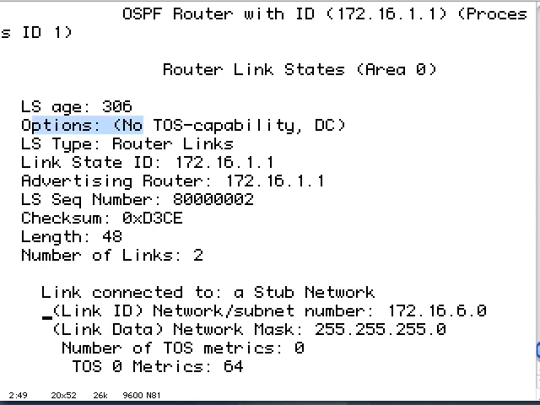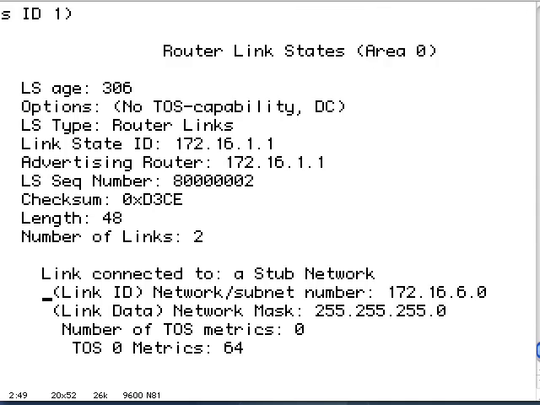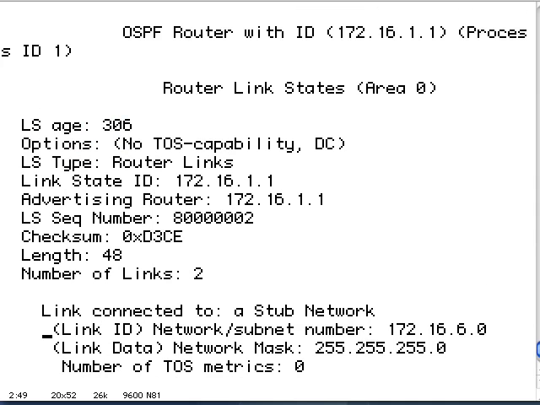The options: no type of service capability, which is a QoS thing, which was never used. The link state type is a router LSA. The link state ID is our loopback address. The advertising router is our loopback address. The link state sequence number starts at